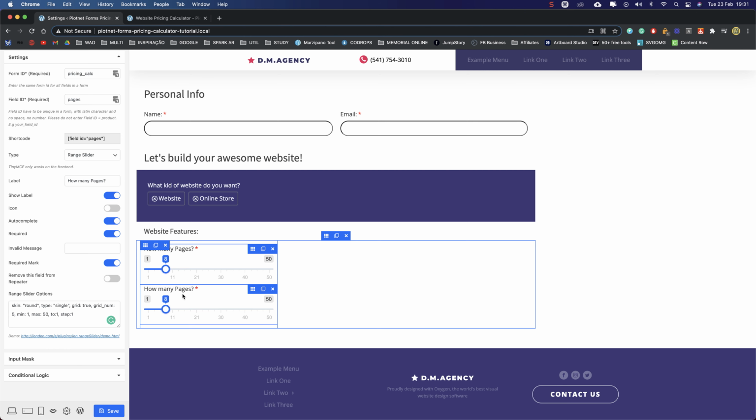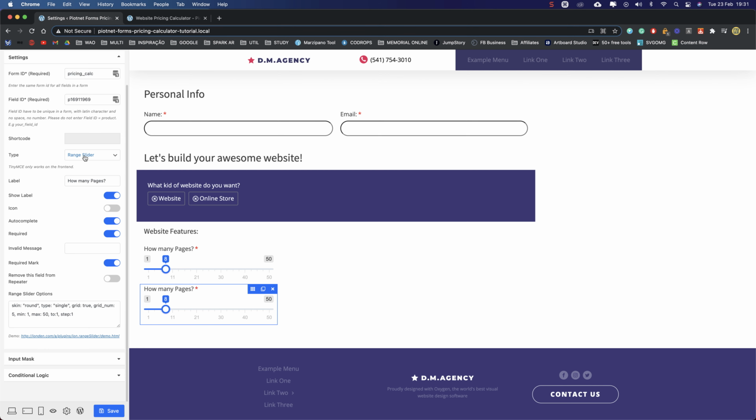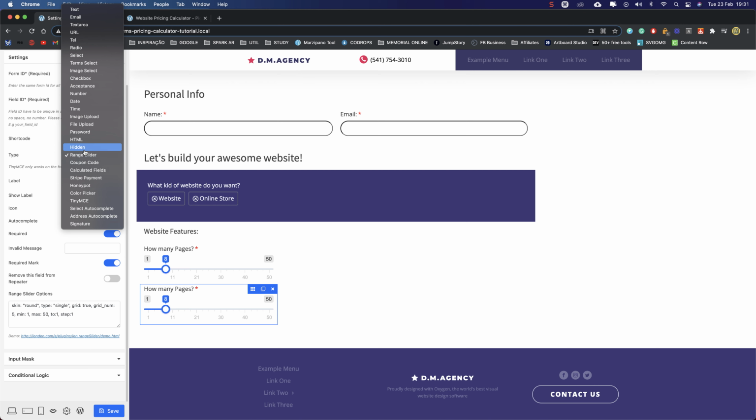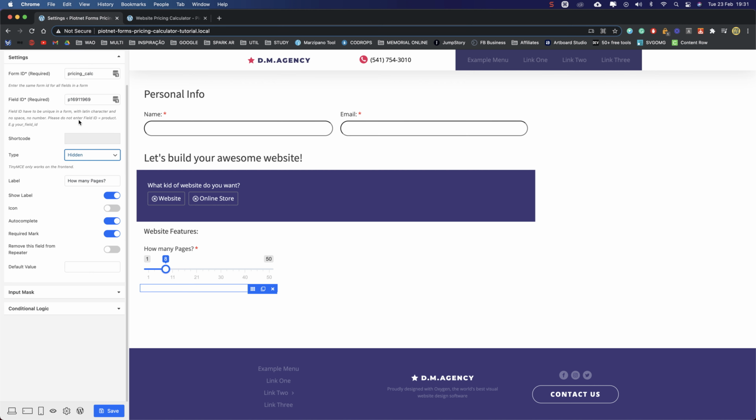And here we're going to change this to, instead of a range slider, a hidden field. And here we will call it pages price.